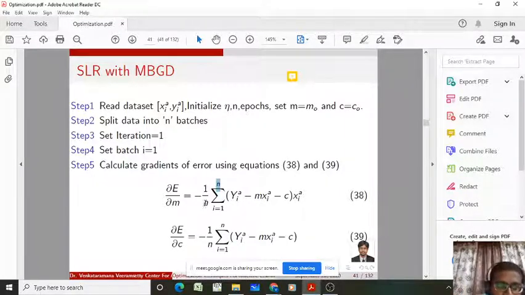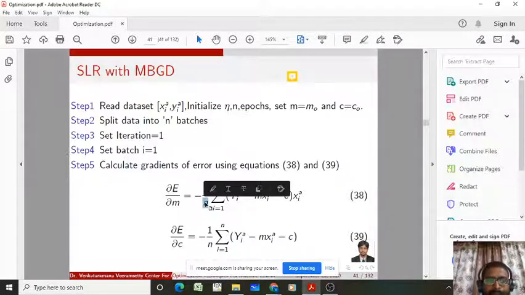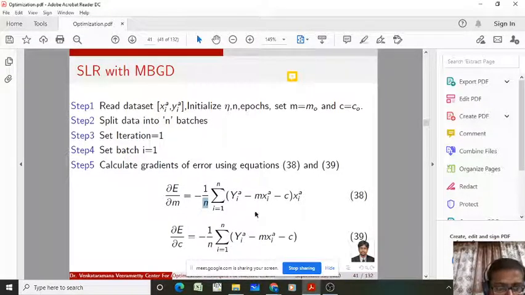So we have to update for 1 by n, and it must be the batch size. That is the number of samples in each batch, right? Because it is a whiteboard problem, I am unable to explain properly. So this is dou E by dou m. So this n will represent the number of samples in the batch. Fine.